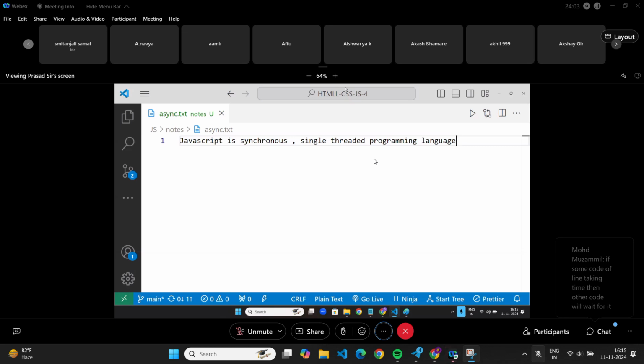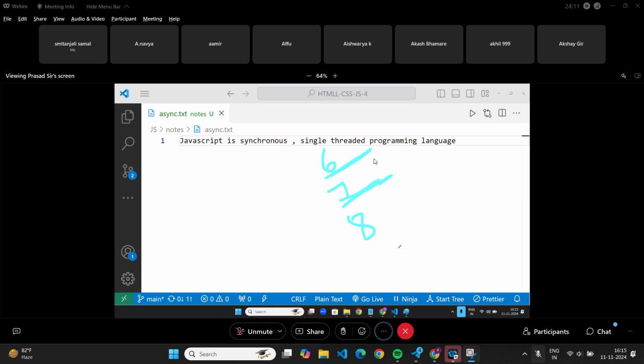Line number 6, line number 7, line number 8. Line number 6 it will do first, then only it will go to line number 7, then only to line number 8. If line number 6 is taking time, it will wait. It will not leave line number 6 and jump ahead. Can it go from 6 to 8 directly?